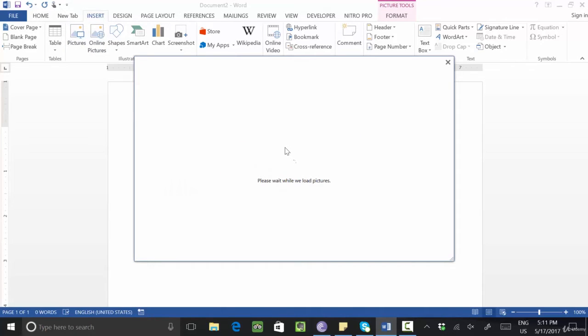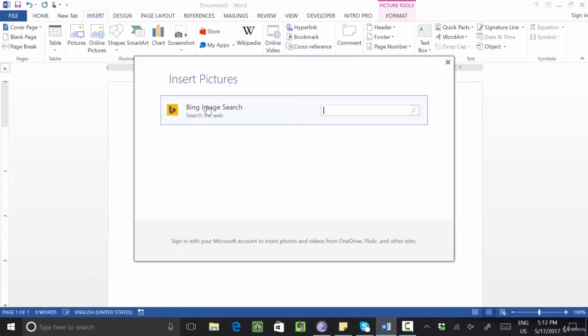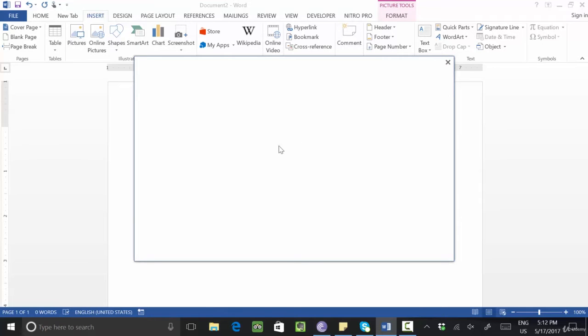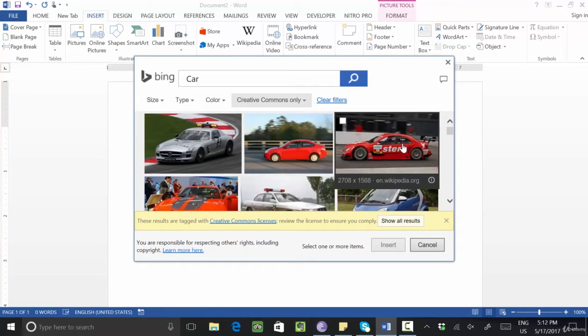Okay, next we have online picture. Suppose you want to take some picture from online. So right now my computer is connected with internet, so we will connect it through online pictures. Let's see any picture is available online or not. See, this is a search engine. Suppose I want a picture of a car. Enter. So let's see car pictures are there or not. So these are the car pictures. Okay, select, insert. So you will see this car picture will load and it will come to your system.